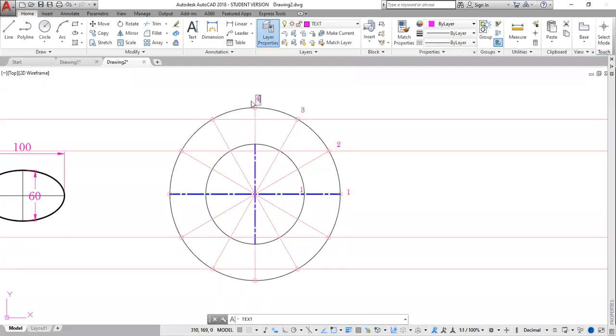3, 4, 5, 6, 7, 8, 9, 10, 11, 12. Click outside. Well, it's good to know. You probably could number these too. So 1 goes to 1. So this would have been 12,